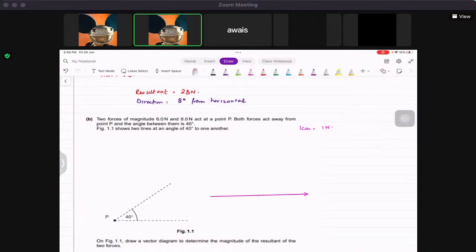So 6 centimeter, and then you put your protractor and then take 40 degrees like this, and then draw the 8 centimeter vector,